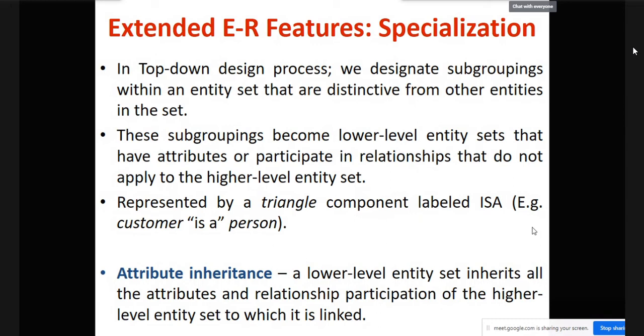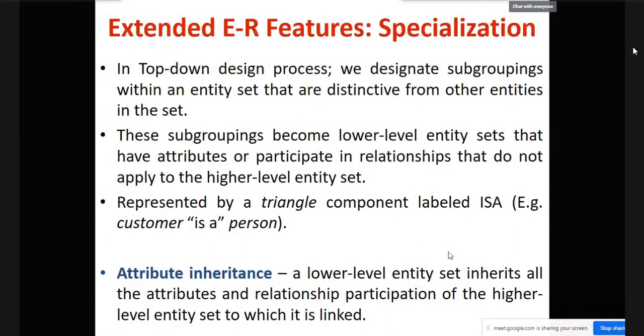Top to bottom. Coming from top to bottom is a specialization. Generalization concept is the same way. Only thing, same diagram will come. Only thing, it is bottom to top. Okay, it is bottom to top. I am having saving and checking account. I need to combine them together into the account, which is known as a generalization. Okay, so concept is same, only top to down is specialization, bottom to top is a generalization.